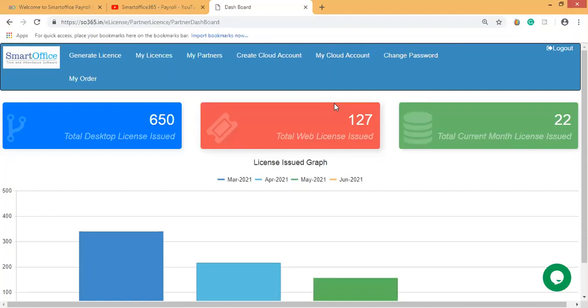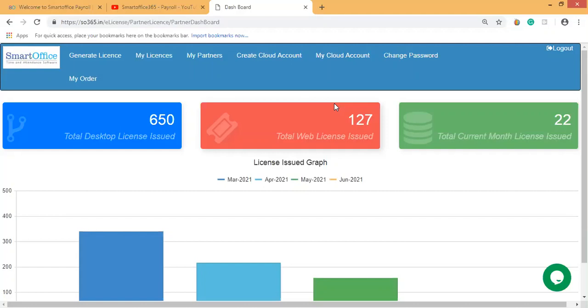Now I'll tell you what benefits you have if you register as a channel partner here. The first thing is you can generate the free license.